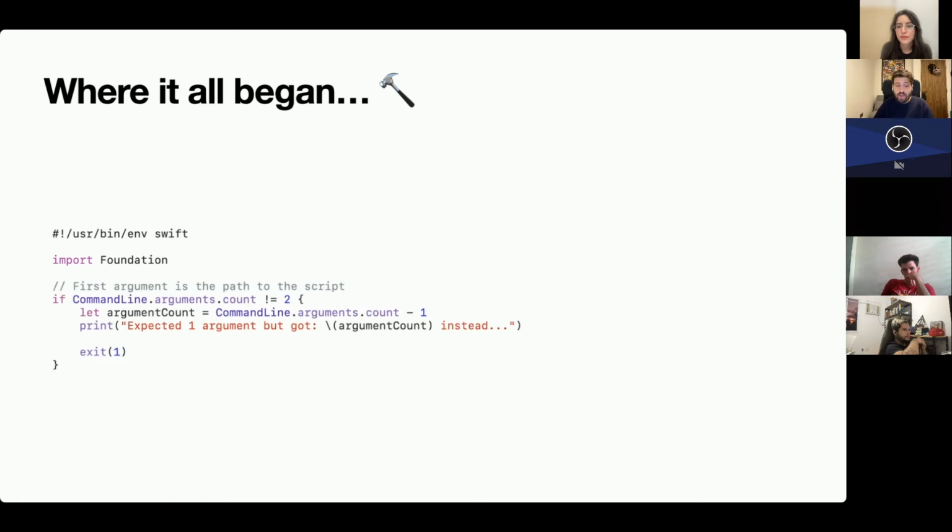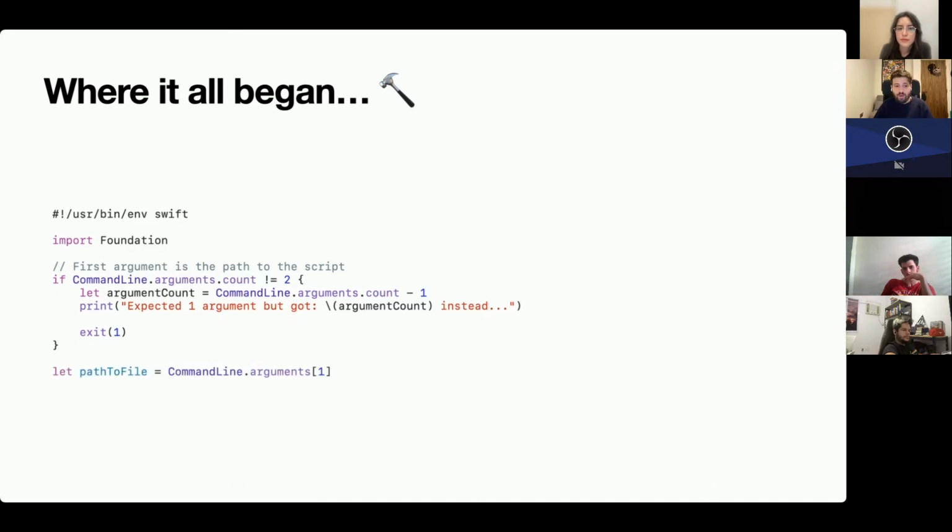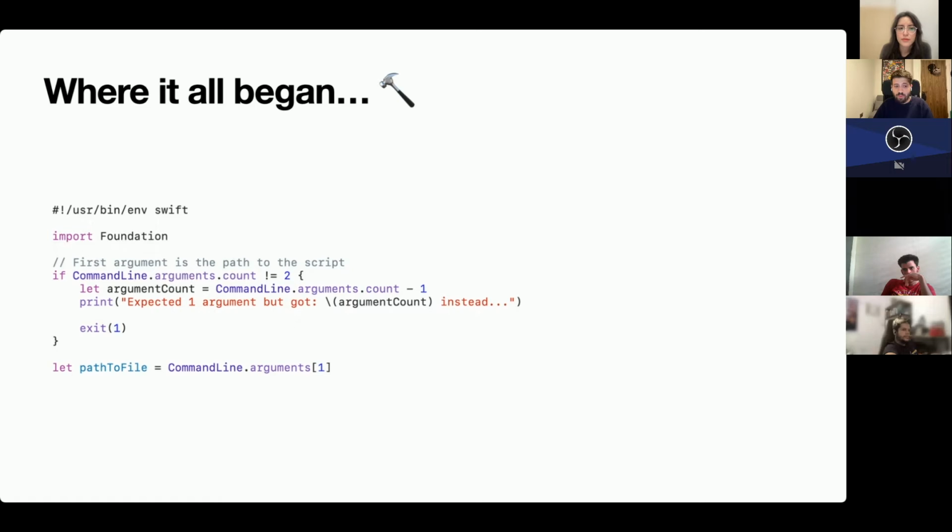Then I can read the command line arguments from it. This is very much as you would do in Swift. In this case, you see I only want to pass one command line argument, but there's always going to be one present anyway. So the first one is going to be taken by the contents of this file, and the second one is going to be passed by the user. So the user is going to pass a path to a Markdown file. And then once I've got that, I can retrieve the path to the Markdown file.